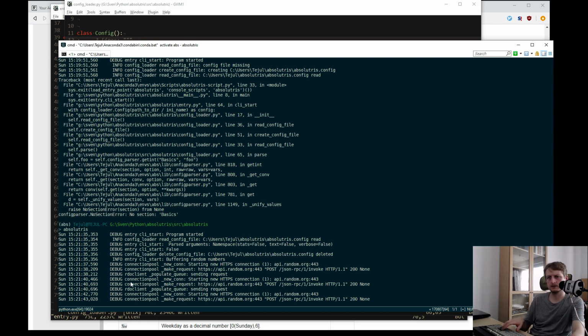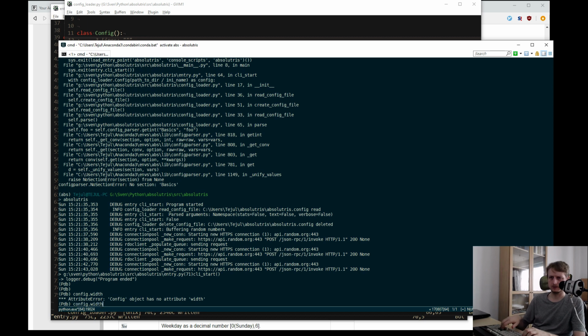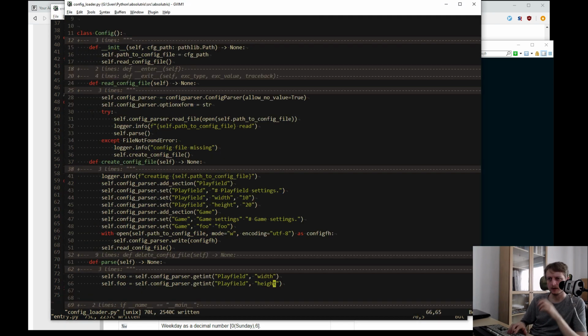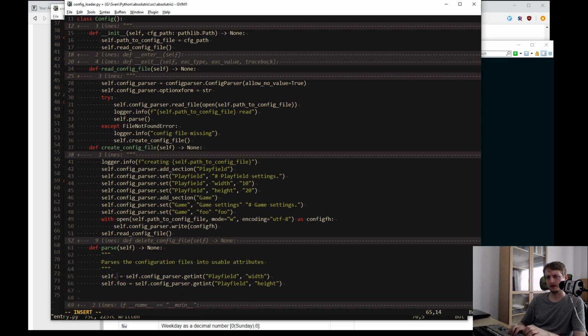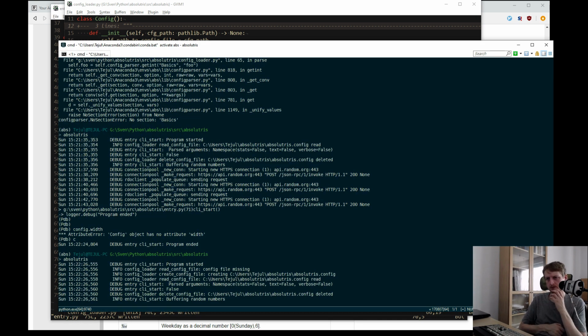Okay. And we have config width has no attribute width. Okay. What did I exactly say to him? Ah, self.foo, obviously. Yeah, mea culpa. Width and height. Good. Yeah, so this should...